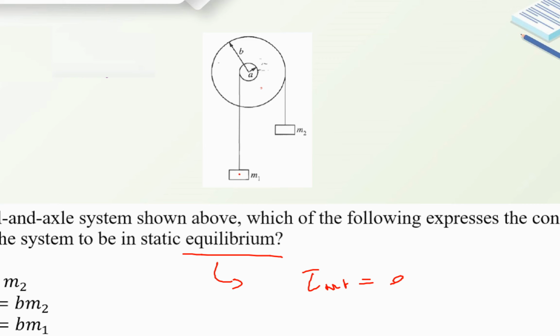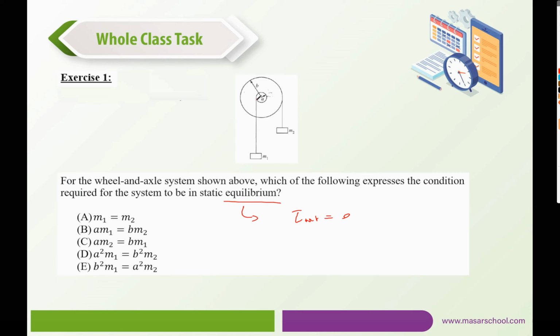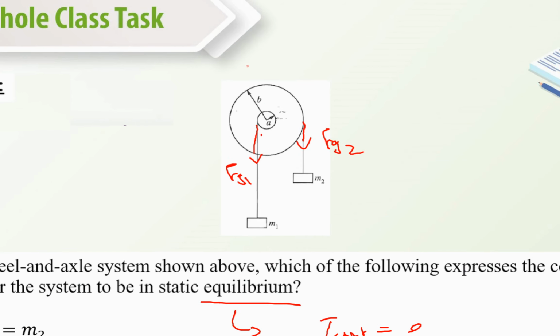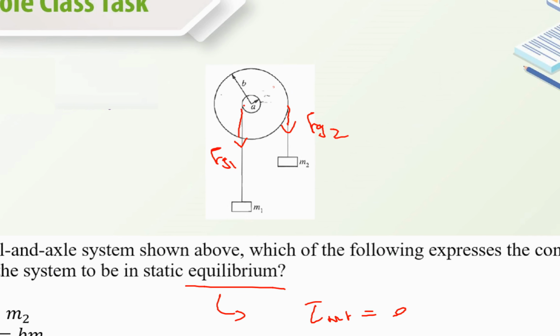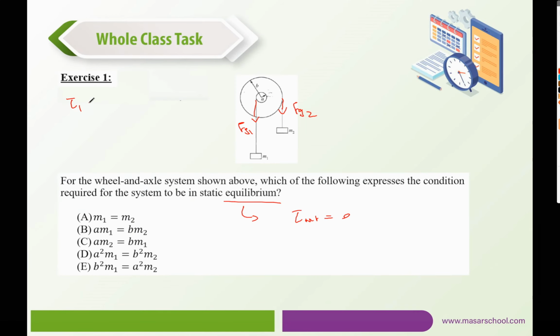So here I'm gonna do it once. We have the pull of gravity down, Fg1, which is equal to the tension up. But if this string is massless and inextensible, we'd have a tension T1, which is equal to this tension, which is equal to the pull of gravity. So in brief, you can say that here we have the pull of gravity Fg1, and here we have the pull of gravity Fg2. So what is the torque produced due to this force? This will cause the system to rotate in this direction, which is positive, along the tangential direction. Here there's no need for a projection, because that would be the radial and that would be the tangential. That would be plus